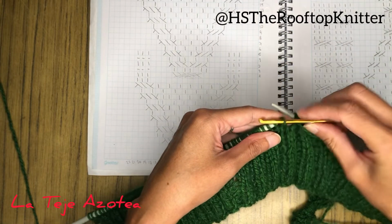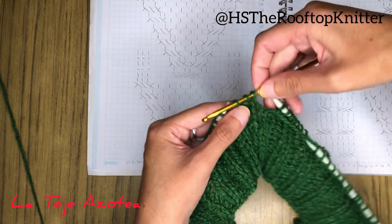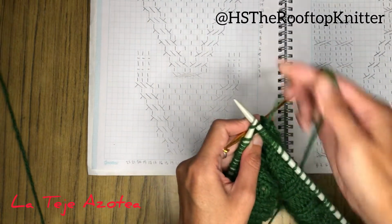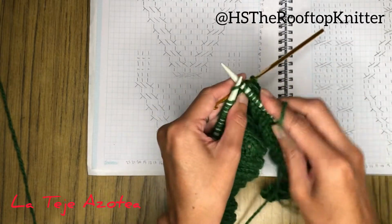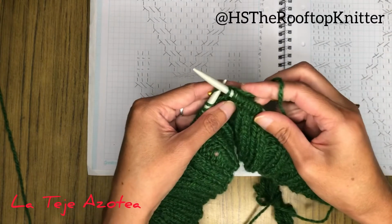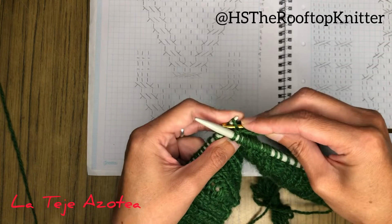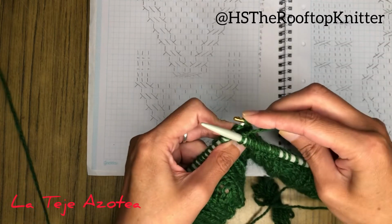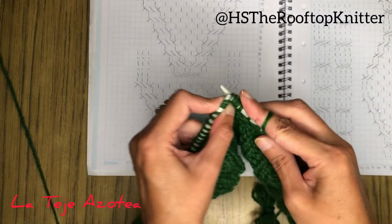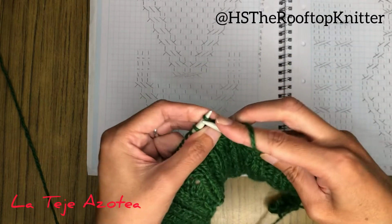So this one is a fat cable, 1, 2, and 3 through the back. Then 1, 2, and 3. Then put these 3 back to the left stitch. 1, 2, and 3,